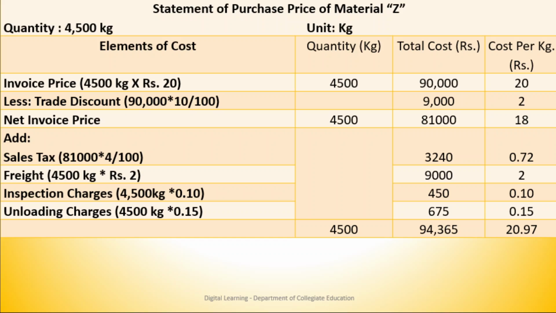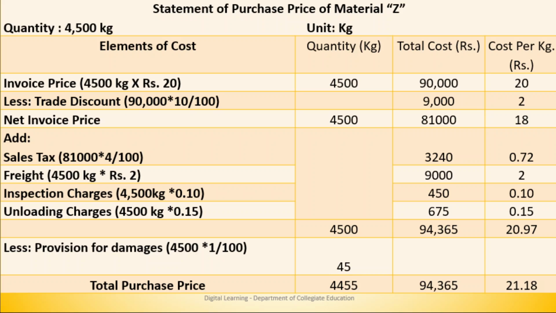Comes up to 675. Please keep in mind, if you require cost per kg, divide the cost, whether it's sales tax, freight, inspection charges, unloading charges, by the quantity purchased. We get cost per kg. So in this particular problem, the purchase price of material Z, after adding all the incidental expenses, comes up to be 94,365 and cost per kg is